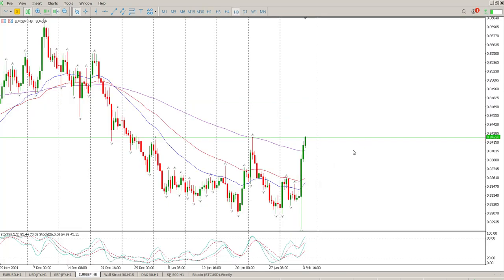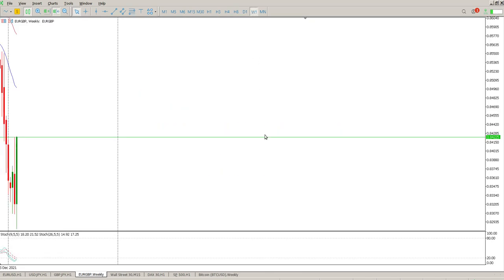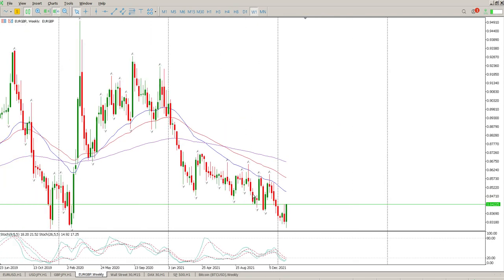Euro British pound doing its normal thing again. Remember, every time it gets to the 155, it tends to sell off. These three 8-hour bars here, I think, are telling a completely different story. So on the weekly as well, we've had these big weekly bars. The trend is down, but it is possible that we are forming some kind of a,